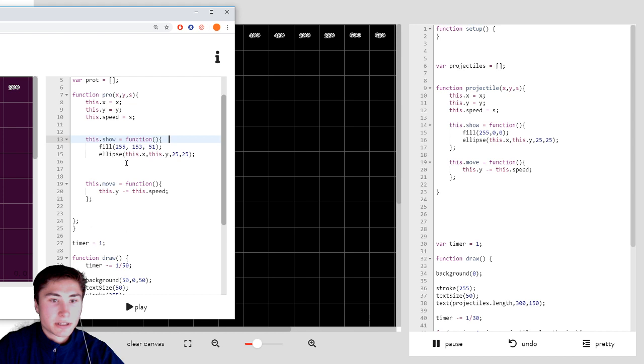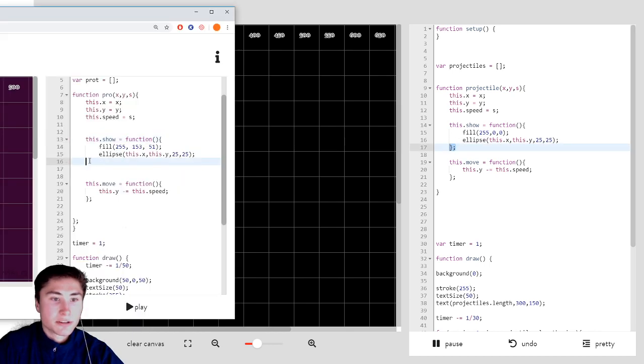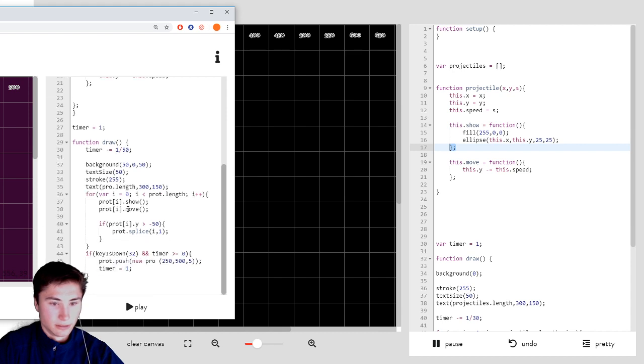Okay, we have some curly bracket issues here. So check it out. You open it, and then it closes here, but we want it to close right here. So you're going to want to close it on line 16. So just move this one to line 16. And then if we go down here,